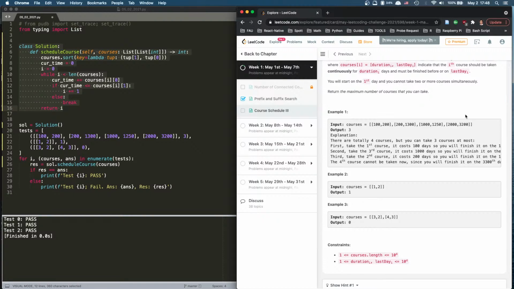No. Maximum I can take involving this. Maximum I can take involving this one. It gotta be like the maximum. So we can take this, so we can take something else, we can take something else, and